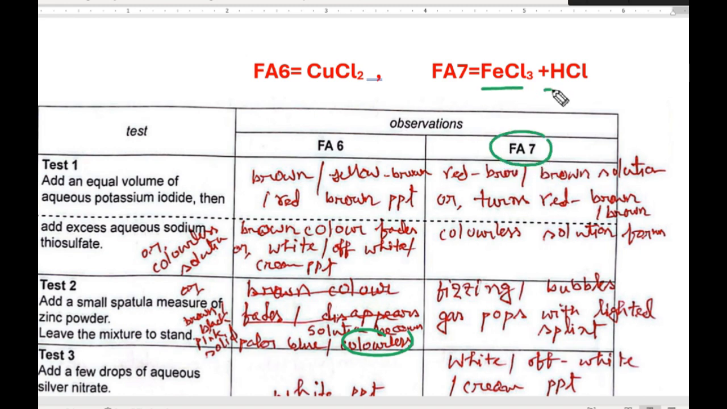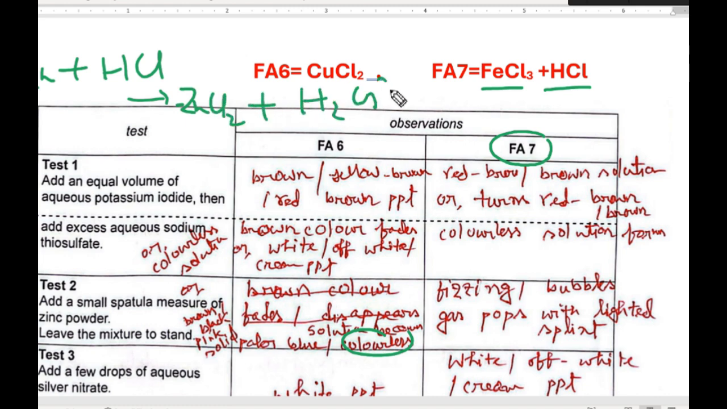FA7, iron 3 chloride mixed with hydrochloric acid. As it is hydrochloric acid, zinc is added. You know, if metal is added to acid, zinc chloride plus hydrogen is produced. If any metal is added to acid, hydrogen gas is produced. When hydrogen gas is produced in aqueous solution, your observation will be fizzing or bubbles or